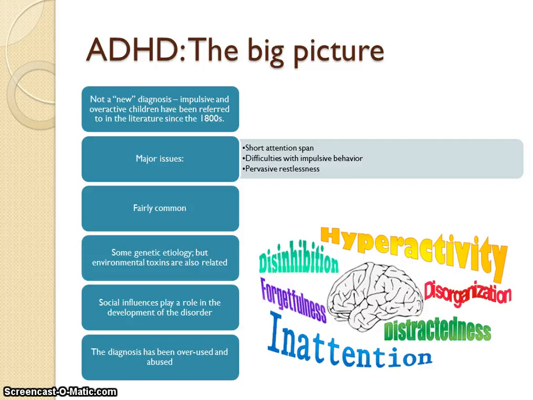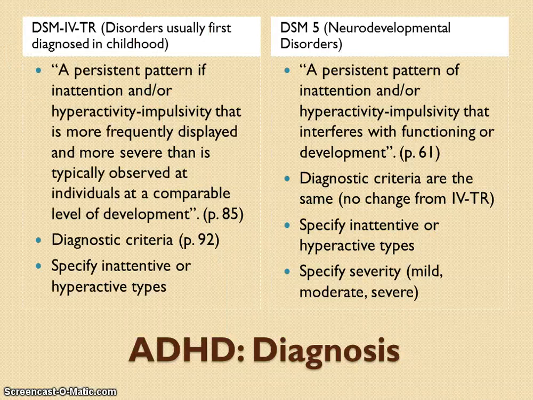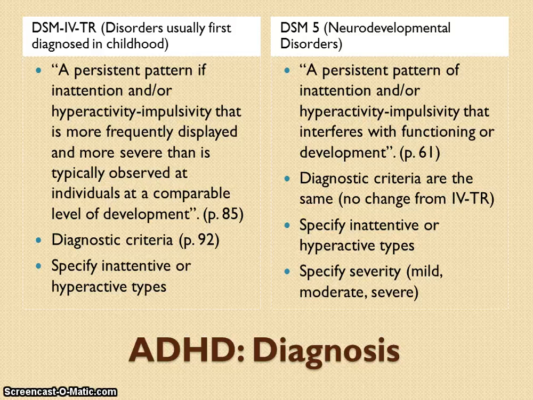If a child has a history of abuse, if there have not been consistent discipline strategies, or if the child's unique learning needs are not met, then ADHD may be suspected. Unfortunately, this diagnosis has been overused, and some believe that medicating children for ADHD is just a substitute for parenting. I finally got my new DSM, so I included a bit here about the differences between the 4TR and the 5. The primary difference that I saw upon first glance was the addition of a severity specifier. Of course, I didn't read all of the text, just a cursory glance.